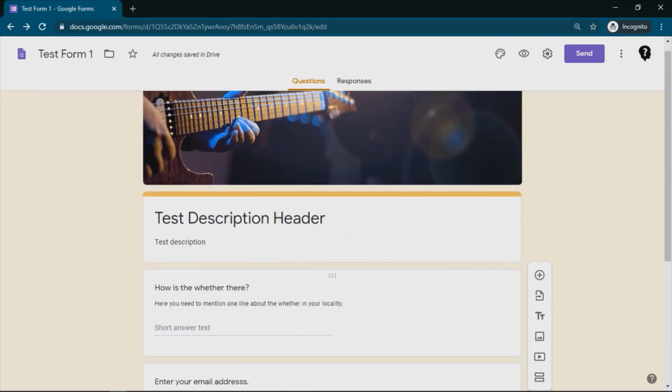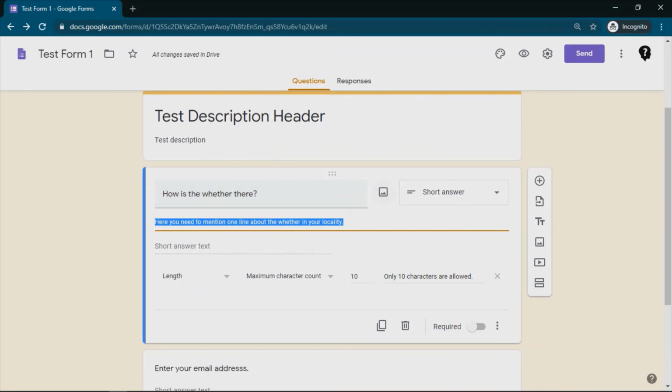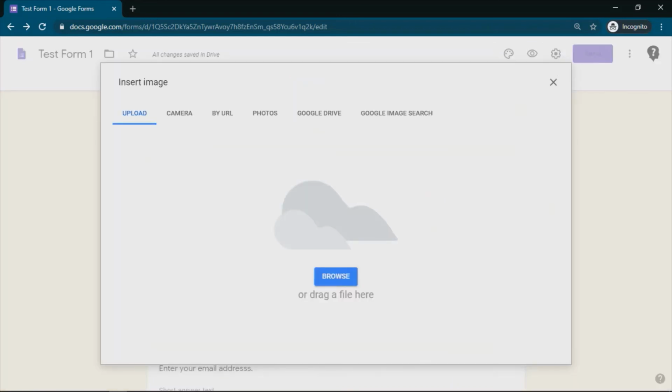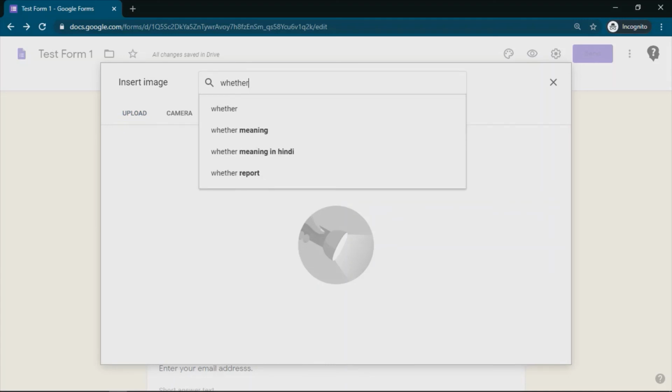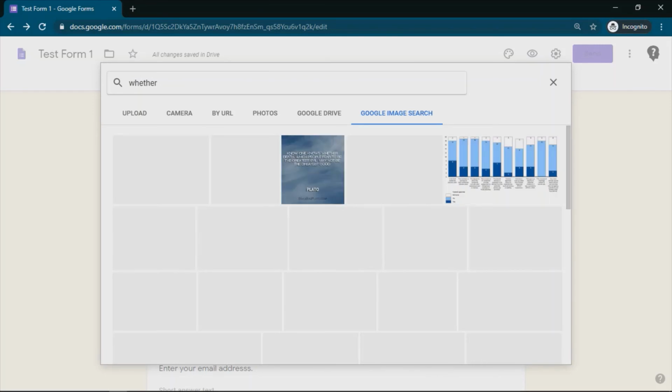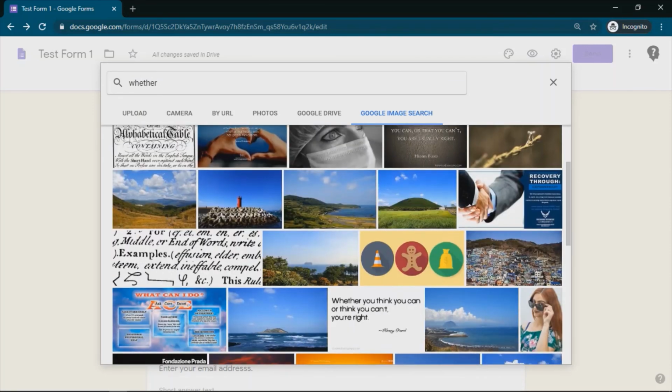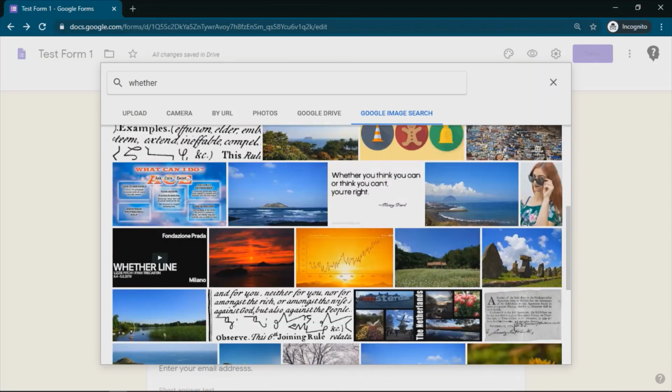Here, if you have noticed, in this question also we have this kind of image icon. If I click on that, we can put any image, say for example, weather, and we can put a good image here.